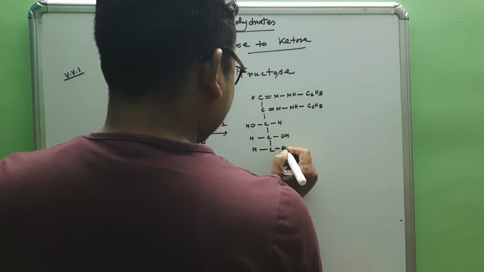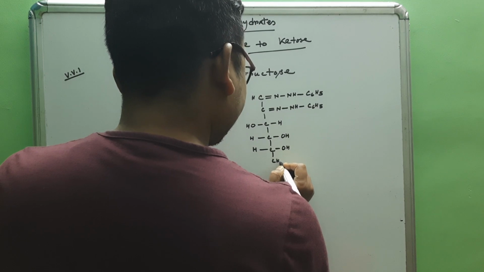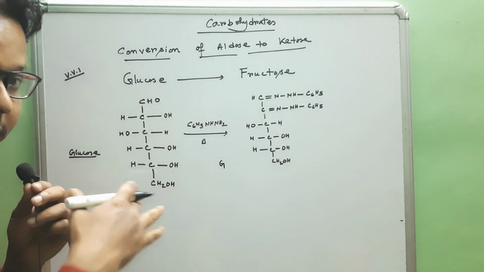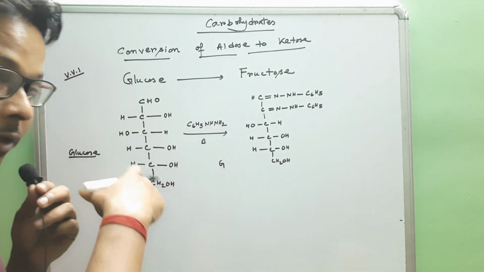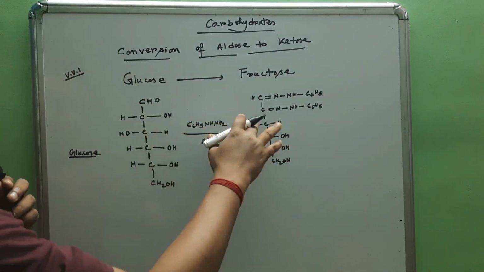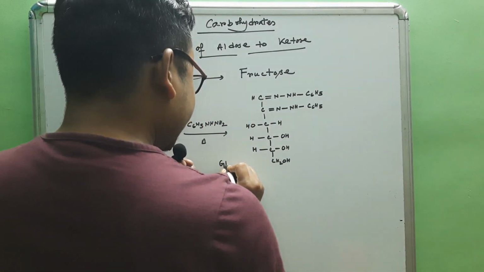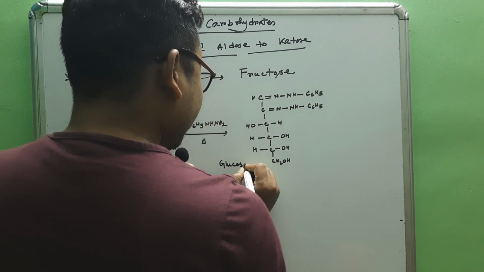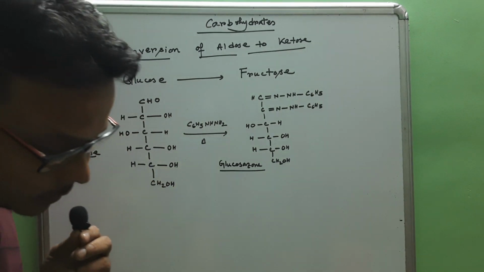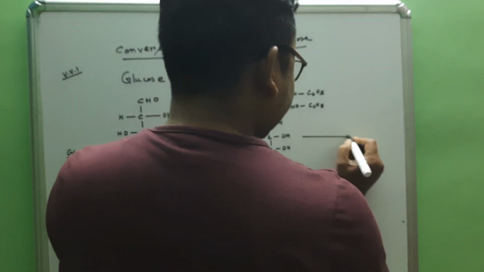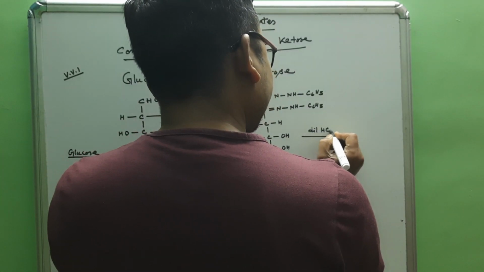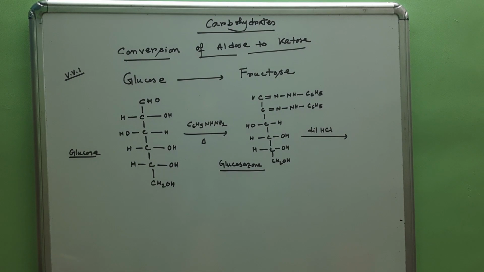So this is the glucosazone. I will provide the link of the previous class in the description box. You can go through that class, where I have discussed this reaction in particular. Now, if the glucosazone is treated with dilute HCl,